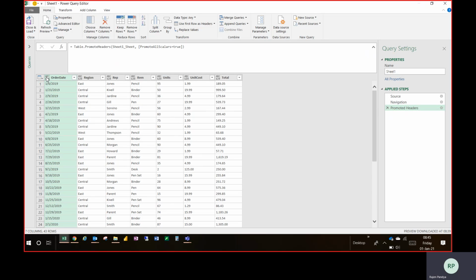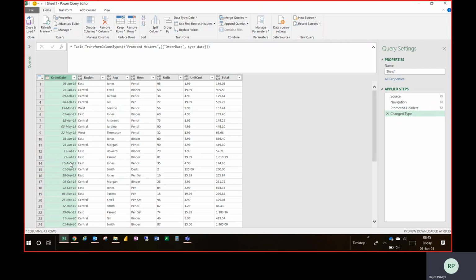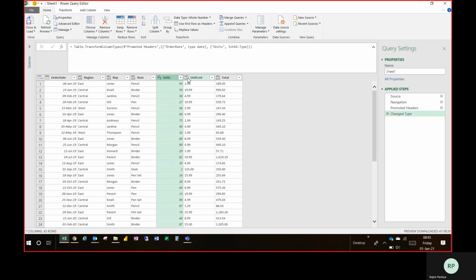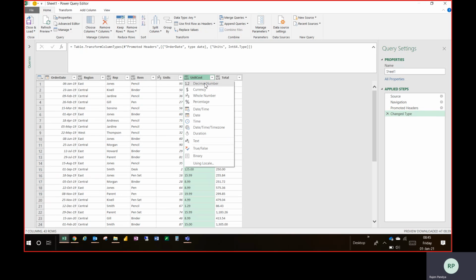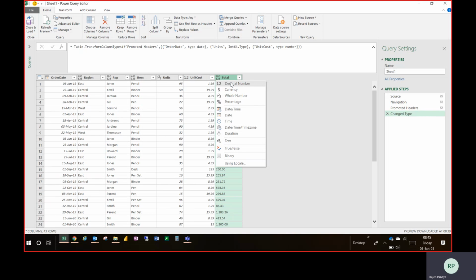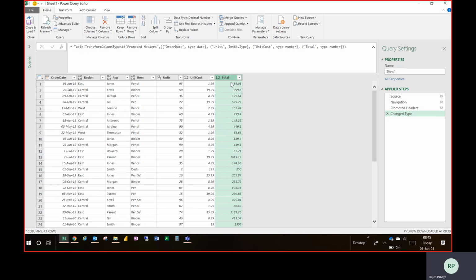Now I know this is the date and I want to convert this to a date format. So I'm just selecting date here. You can see the magic. It has automatically recognized the date. This is whole number. If I want, I can select even decimal because the number is going to remain the same. So this is whole number I am saying. Again, this is decimal number because I can see some decimals lying over there. And this is again decimal number. So I'm just bringing up those decimals over here. Right now, this data is done, and